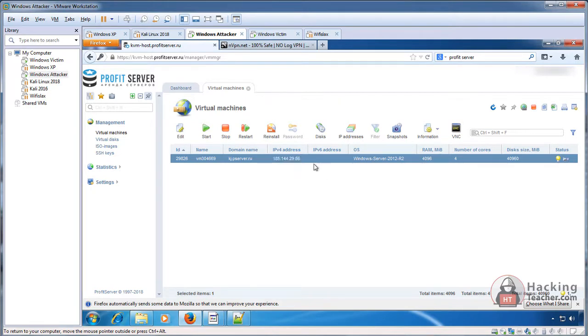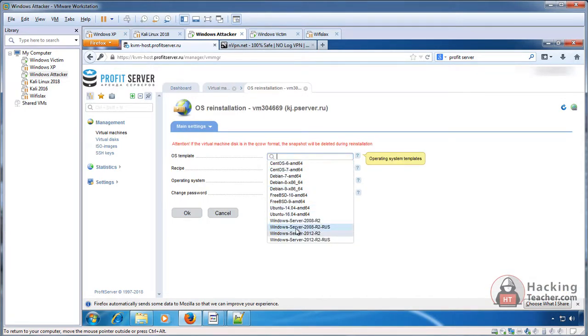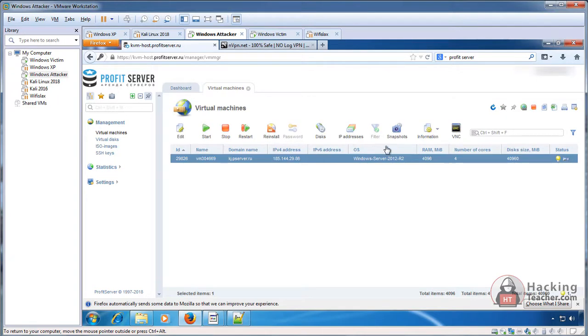Now if you want to change the operating system, you can stop the server, start the server, you can even reinstall it. Windows Server 2008 or 2012 is like Windows 7, so you can install them. It's simple to use. You can also install Linux on your server, and that's it, very simple.